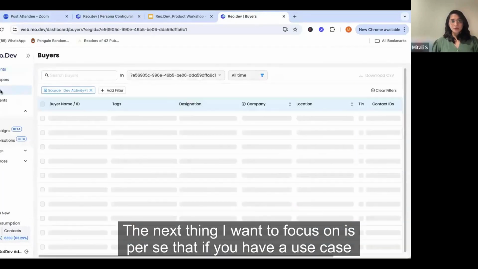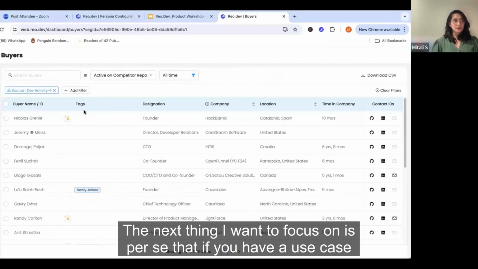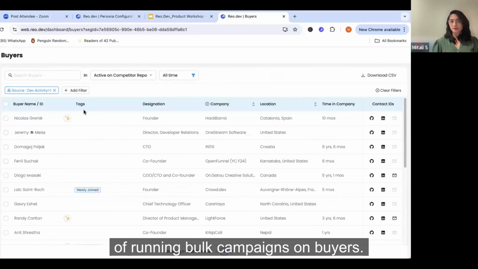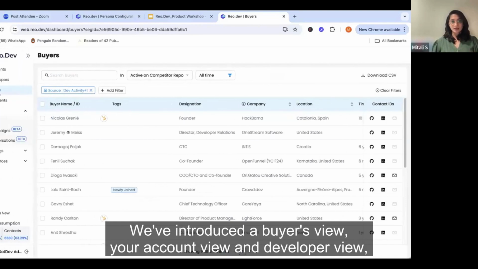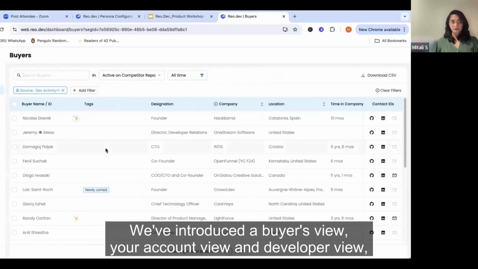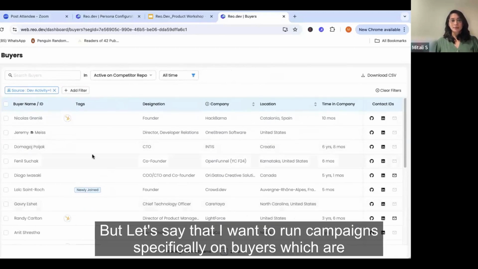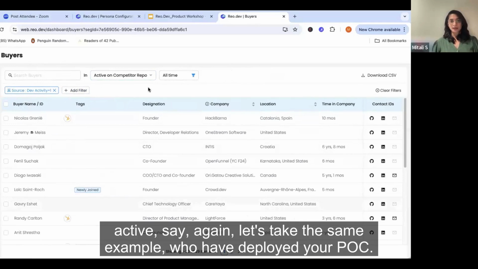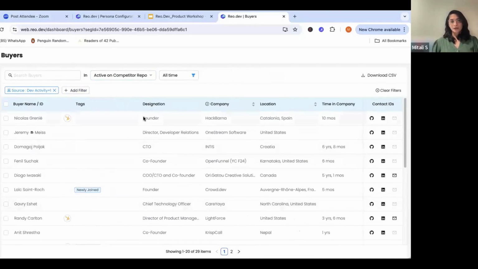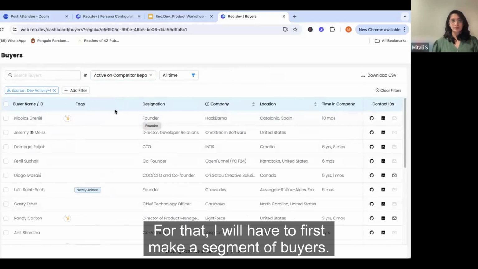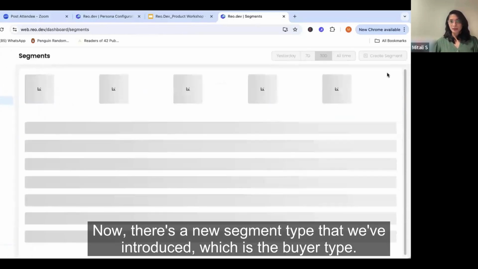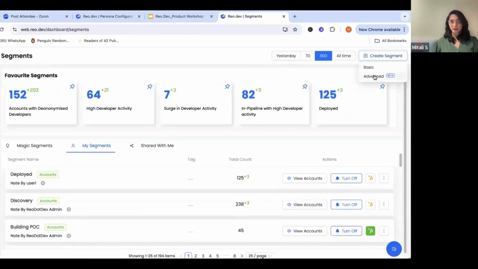The next thing I want to focus on is, if you have a use case of running bulk campaigns on buyers, right? We've introduced a buyers view here, like an account view and developer view, wherein we show you the list of buyers. But let's say that I want to run campaigns specifically on buyers who are active, say, again, taking the same example, who have deployed your POC. For that, I will first have to make a segment of buyers. There's a new segment type that we've introduced, which is the buyer type,